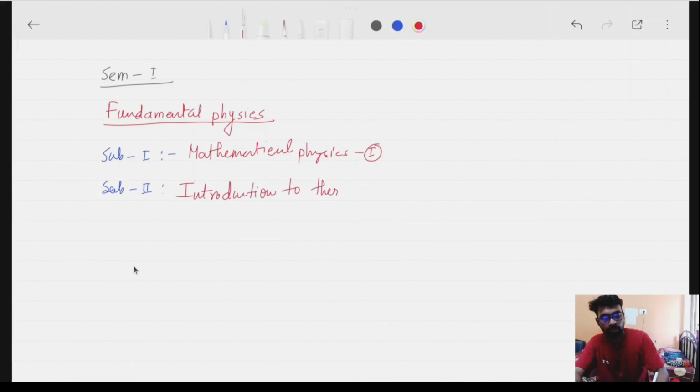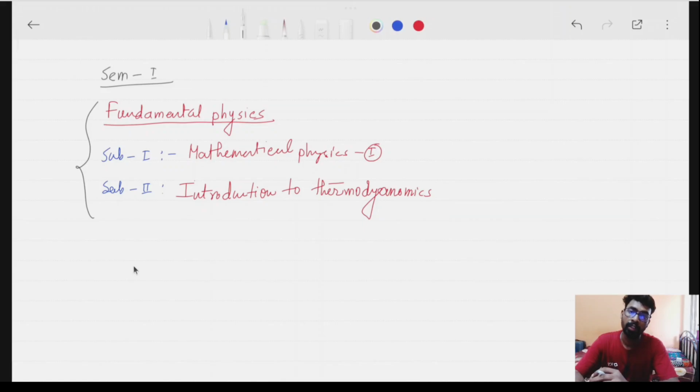Introduction to thermodynamics. These are the two topics in your fundamental physics course, incorporated in your major course basically. We're taking the major course of physics, and these two topics, mathematical physics and introduction to thermodynamics, are